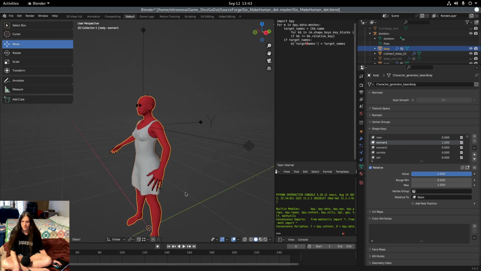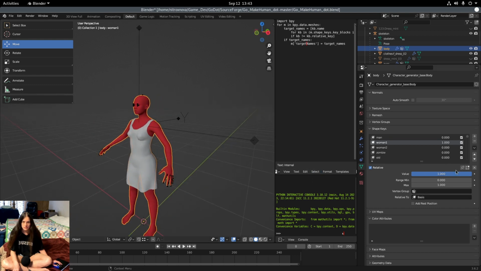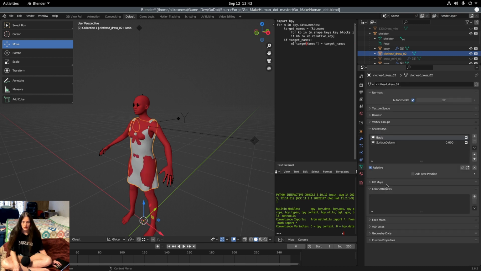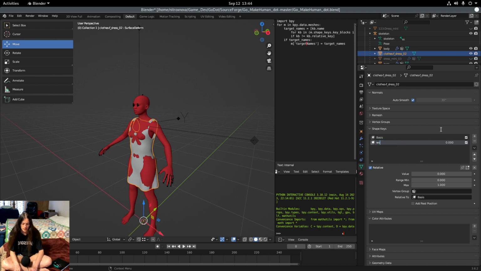And you can see that the dress has morphed with the body. So then go back to the dress and click the arrow to apply the deform as a shape key. Apply a shape key. And then under data, rename this to woman 1, which was the name of the key. So now you can turn this all the way up, and in Godot, you'll automatically link